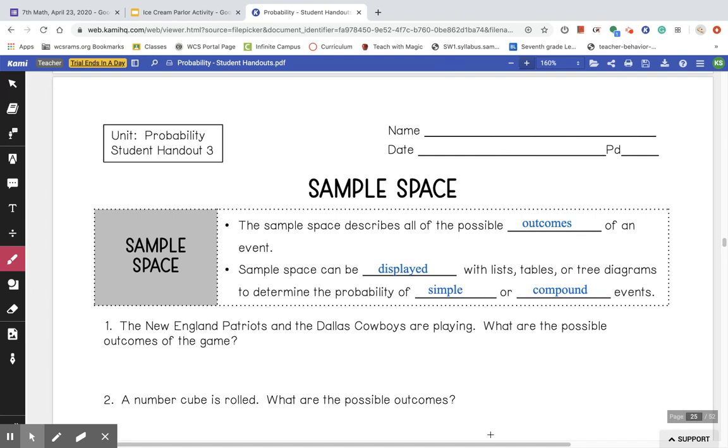Yesterday you should have watched that video on Edpuzzle and answered some questions just to get you familiar with it. So we're going to start off going over some definitions. The sample space describes all of the possible outcomes of an event. Sample space can be displayed using lists, tables, or tree diagrams to determine the probability of a simple